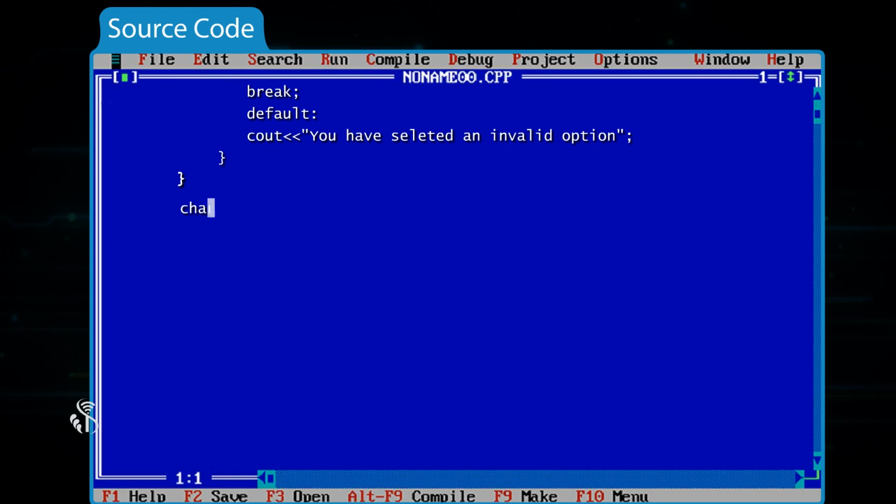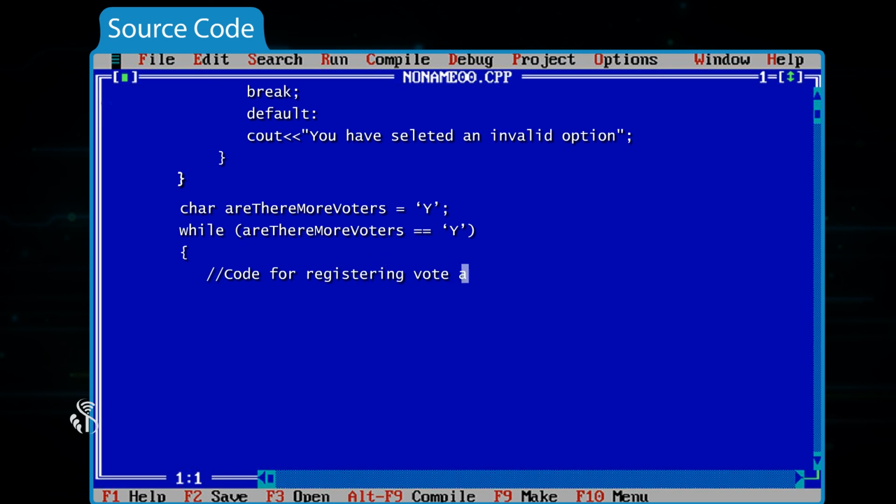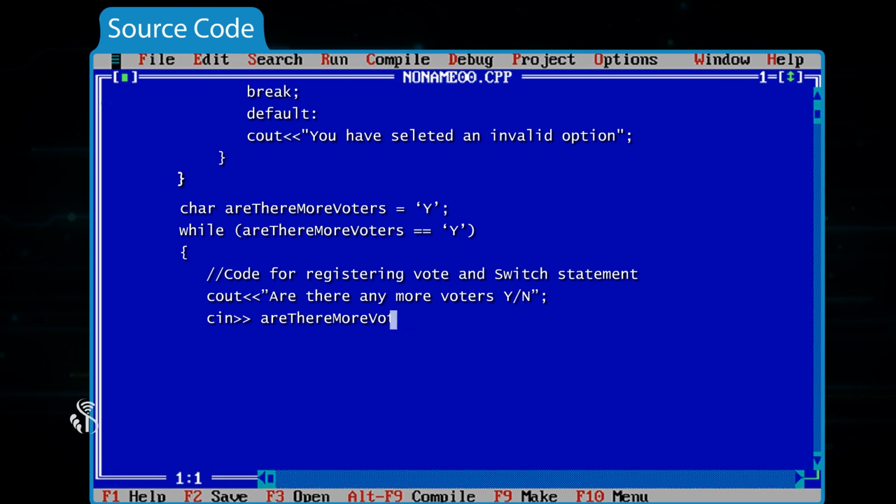char areThereMoreVoters = 'y'; while (areThereMoreVoters == 'y') { // code for registering vote and switch statement cout << "Are there any more voters? y/n"; cin >> areThereMoreVoters; }